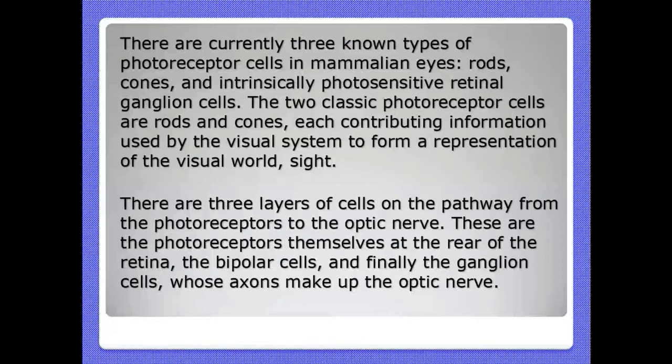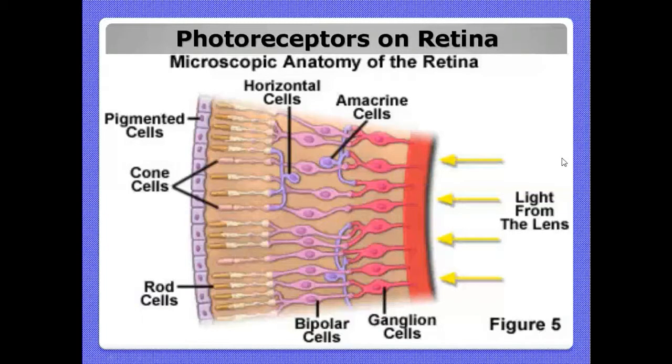Here you can see the photoreceptors on the retina. This is the enlarged portion, or microscopic anatomy, of the retina. On the inner side of the retina, light from the eyeball lens comes here. The yellow color one is light. It falls on the retina. The first layer is called ganglion cells. They will receive the light energy. These are all the ganglion cells.